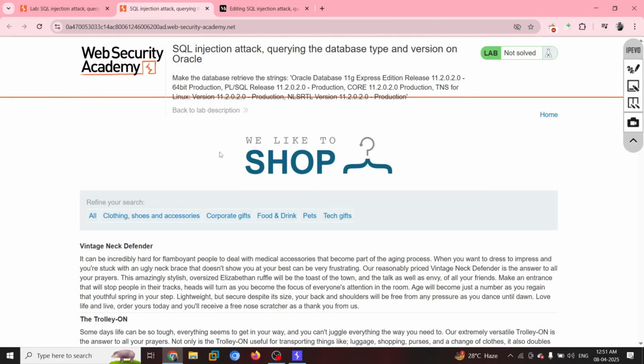Now they are asking us to find out the database type and the version on Oracle. So we have to find out if they are using a data type like numbers or integers, or a data type like characters, or what exactly. And we would find what the version of the database is that they are using. You got it? So for that, first we need to identify the parameter, any parameter that we might have.